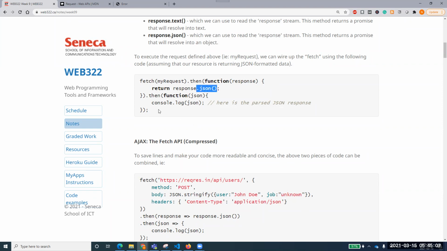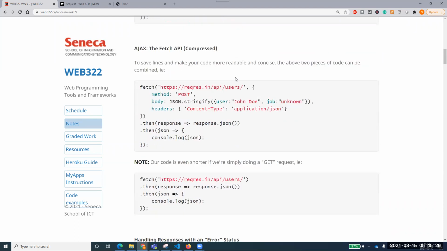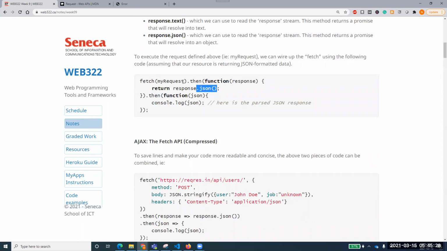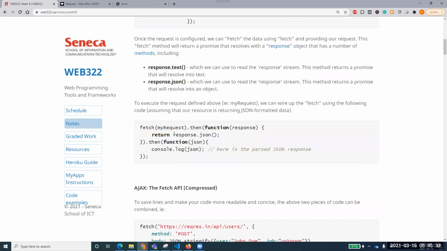That is very much in the video as well, if you have seen. And of course, this is a promise, so we'll do this then function JSON, and if it is successfully returned, what we have done over there, if you have seen, is that JSON will be printed out and consoled. That I've done in that example. So this is very much more like that one, but the only thing changed here is that here they are wiring up a request by making it separately a request. So that request is basically being wired up over here.